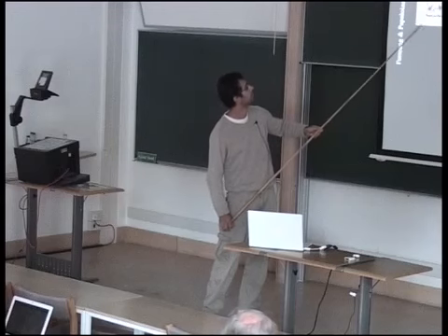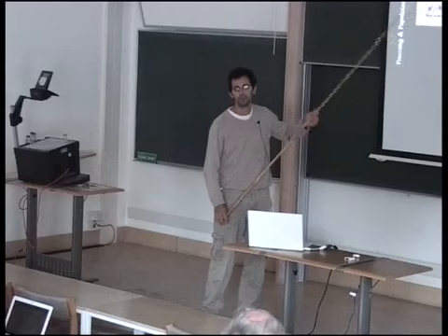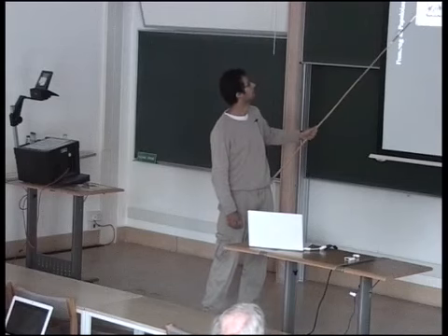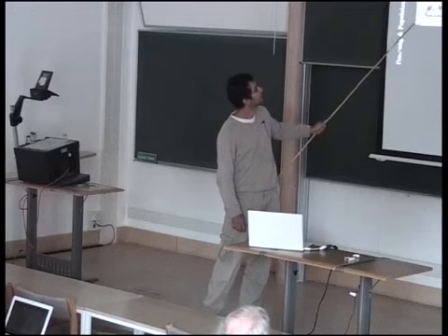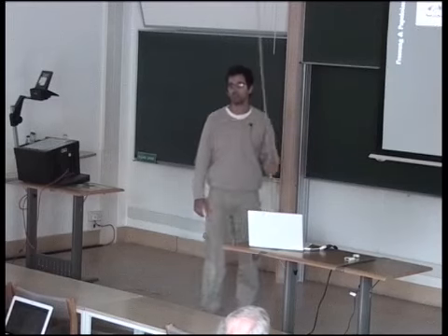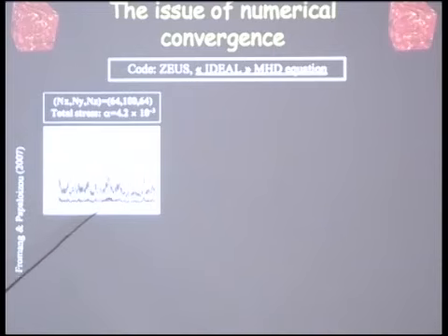you have a plot that shows the time history of the alpha parameter that we've heard a lot about already in this meeting. So what you see in this plot is that as a function of time, because of the MRI, you get a non-zero alpha value, which is oscillating around a well-defined steady state. Okay, so that's the typical outcome of such a simulation. And the typical alpha that you get out of such a simulation is a few times 10^-3,